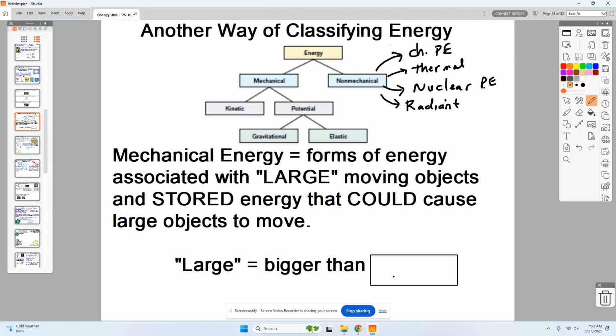Large just means bigger than atoms. So if I'm talking about something that's on the macroscopic scale, something that we'd work with in the classroom or out on the basketball court or anything like that, it would be larger than atoms. It would be mechanical energy forms. Now we're going to look at two forms today. We're going to look at kinetic energy, and we're going to look at gravitational energy. Tomorrow we'll look at elastic. Okay, elastic's a little bit harder to quantify, but today we should be able to get through kinetic and gravitational